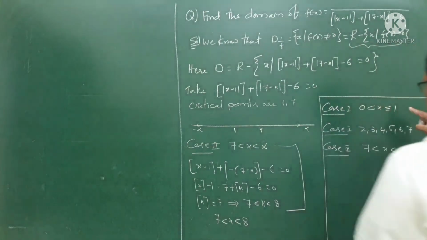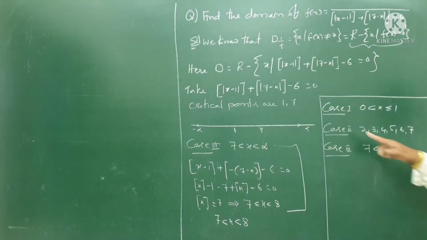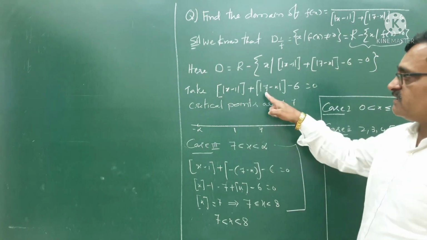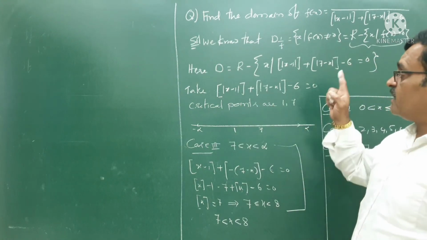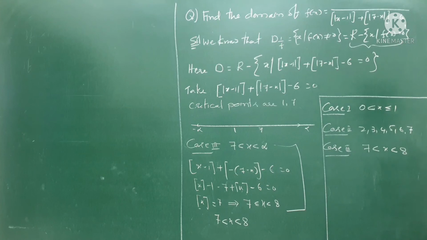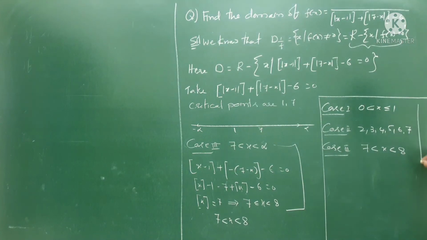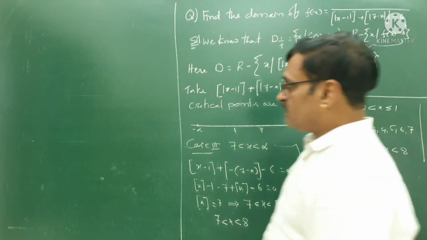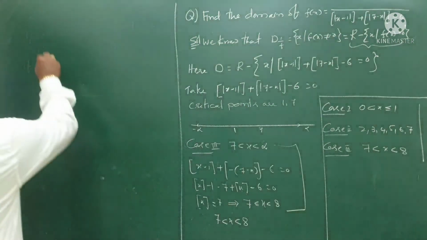That means in all these cases, integral part of mod x minus 1 plus integral part of 7 minus x minus 6 is becoming 0. So we don't want these numbers. So we need to take a real number set except this. Therefore, finally, domain is equal to